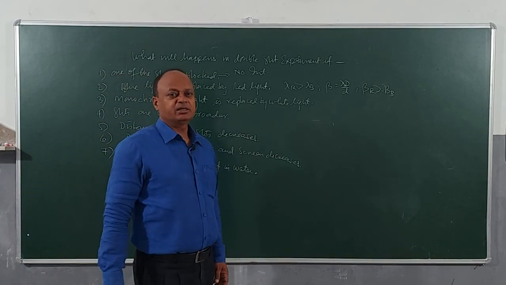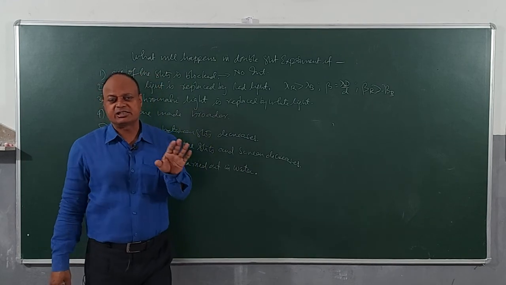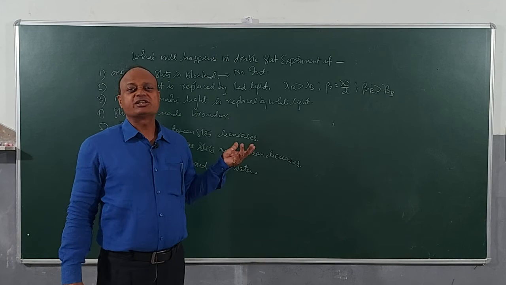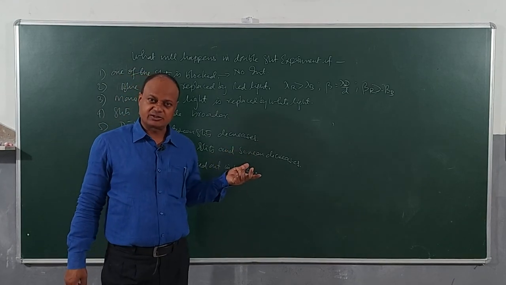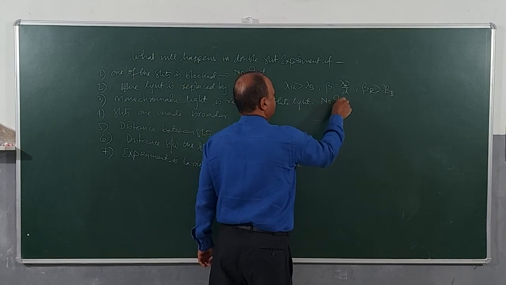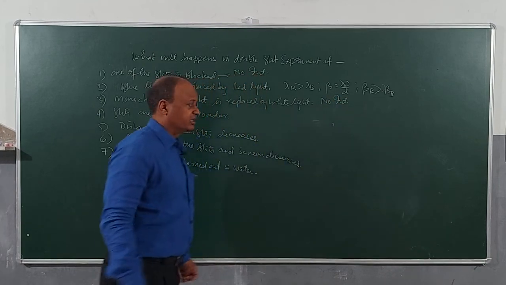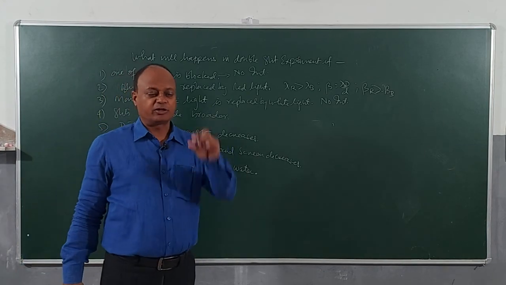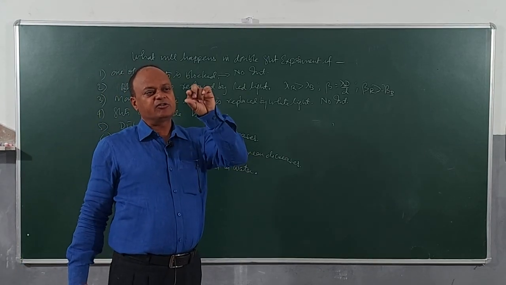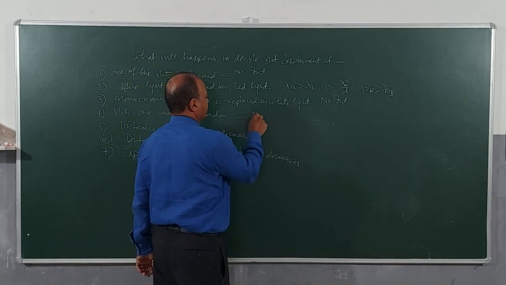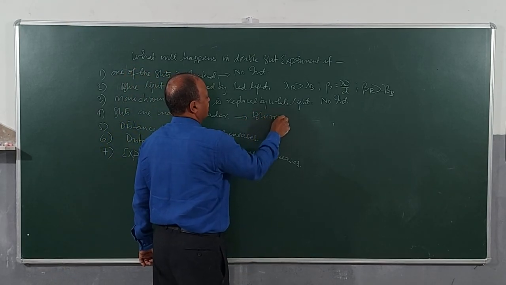Then obviously we have done the condition. One of the conditions for sustained interference is that we must use monochromatic light. So there will be no sustained interference in this case. Okay. So we will say no interference because the condition is not met. Slits are made broader. The slits are like this, and now we make them broader. So what will happen to the fringes? They will be more blurred.